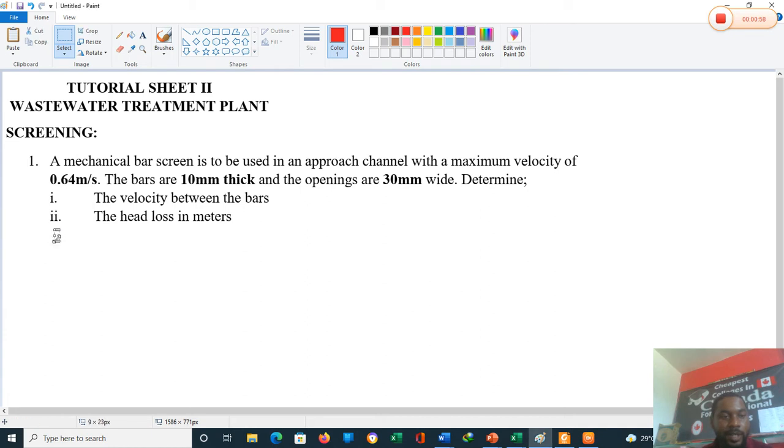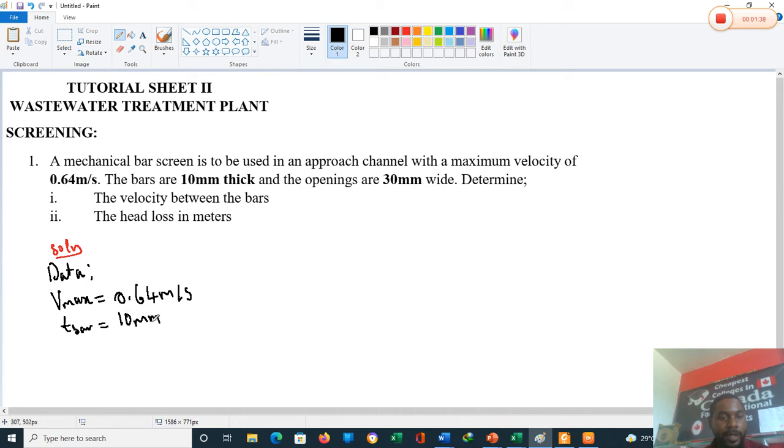So, solution. Okay, so we'll go straight to the data provided. We have maximum velocity, Vmax, which is 0.64 meters per second. We have the thickness of the bar, T bar, which is 10 millimeters, and the spacing between bars, S bar, which is 30